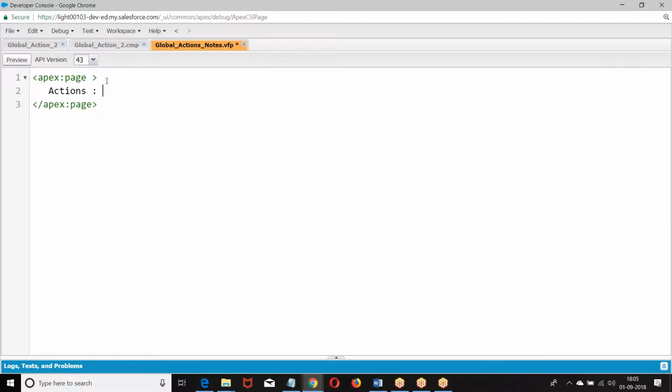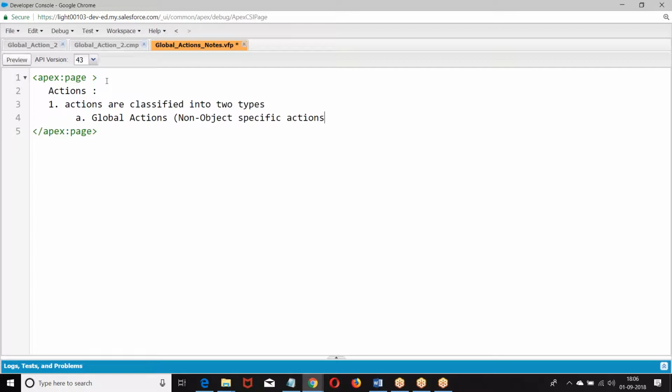Actions are classified into two: one is global action, or object.